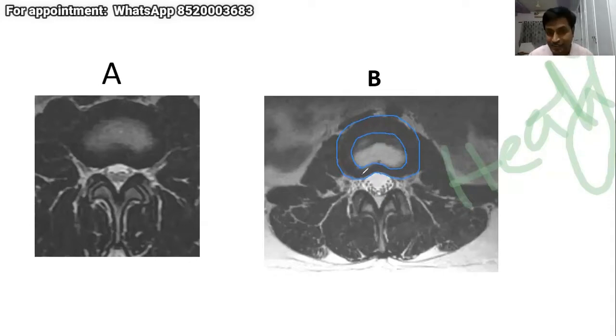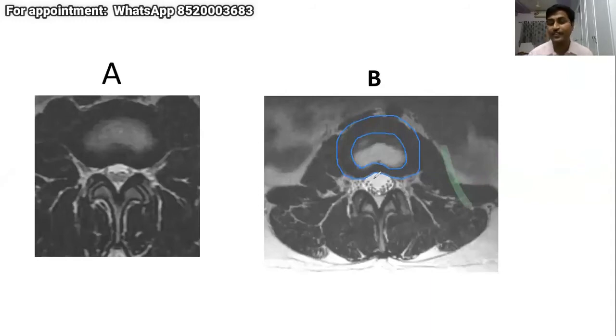Second one is, what is the posterior surface of the disc, is it concave or convex? Convex, sir. Convex or concave in this case? Concave. So normal is concave or convex? Normally concave, sir. So this is the normal disc. The disc is dehydrated, yet the posterior surface is concave, so this disc appears to be normal. Am I clear? Yes, sir. Then I will go to the next slide.